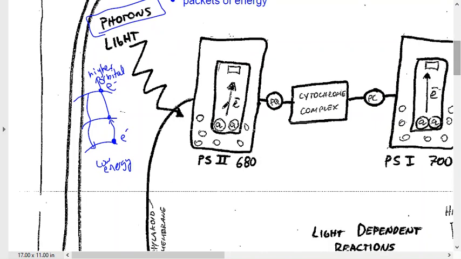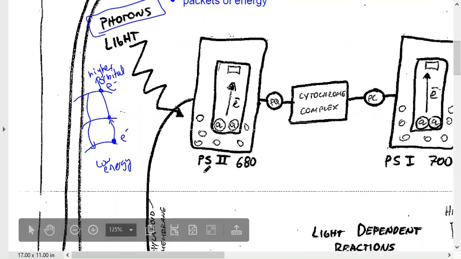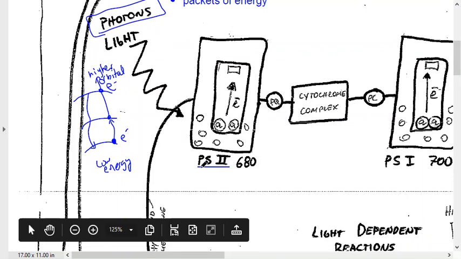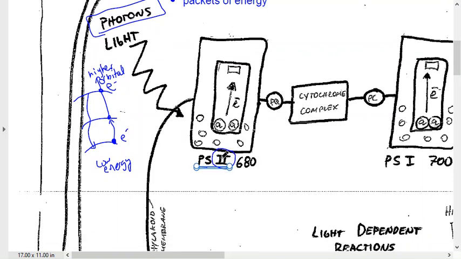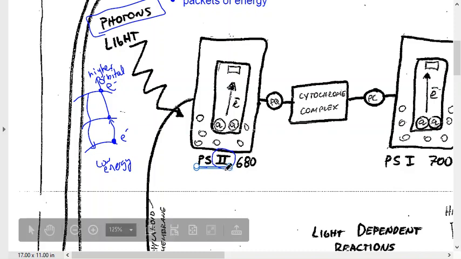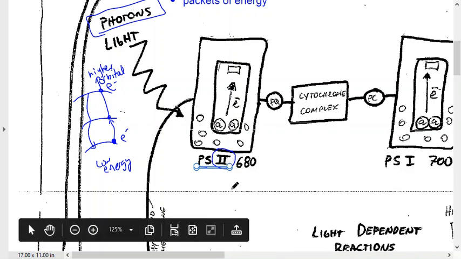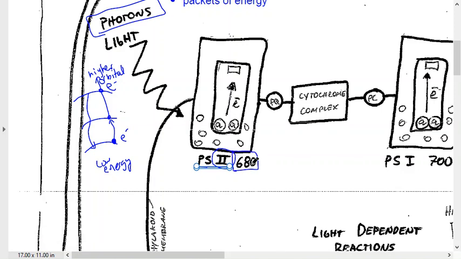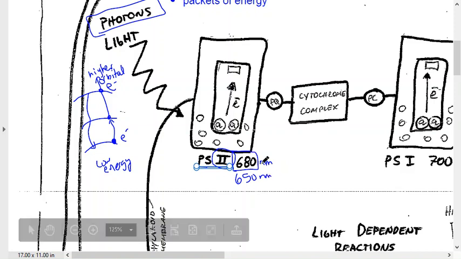All right. So light's going to come in and hit photosystem 2, PS2, and it's called photosystem 2 because it was discovered after photosystem 1. But we're going to talk about it first. And photosystem 2 does a really good job at absorbing light wavelength of about 680 nanometers. It has a range to it. It can go down to something like 650 nanometers also, but this is where it absorbs the best wavelength of